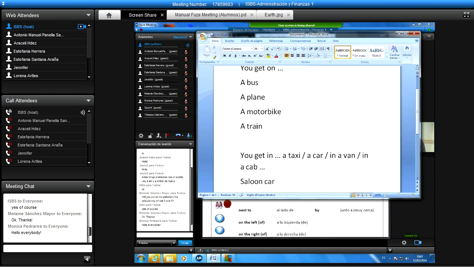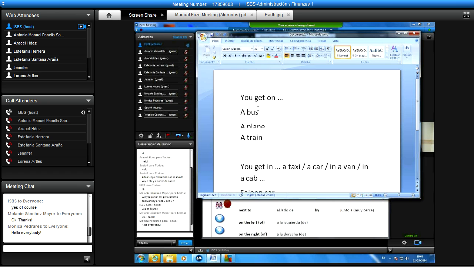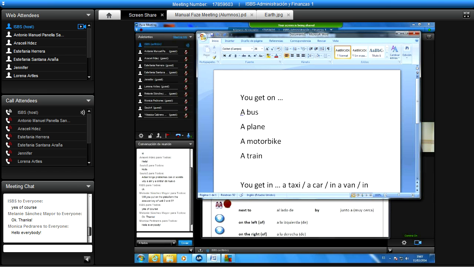no salon, que significa beauty salon. Ah, sí, salón de belleza. Ese es saloon, como en el western, the saloon, okay? So more or less when it's a car, cuando es un coche, taxi or cab, you say in, to get in a taxi. And then you get on a bus, on the plane, on the tube, because it's like a kind of platform. So a train is a kind of platform that you have to get onto, and also the bus. So that's more or less the rule.